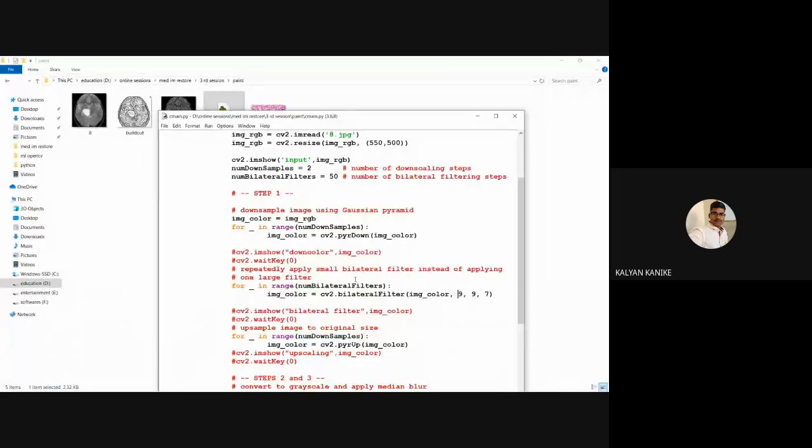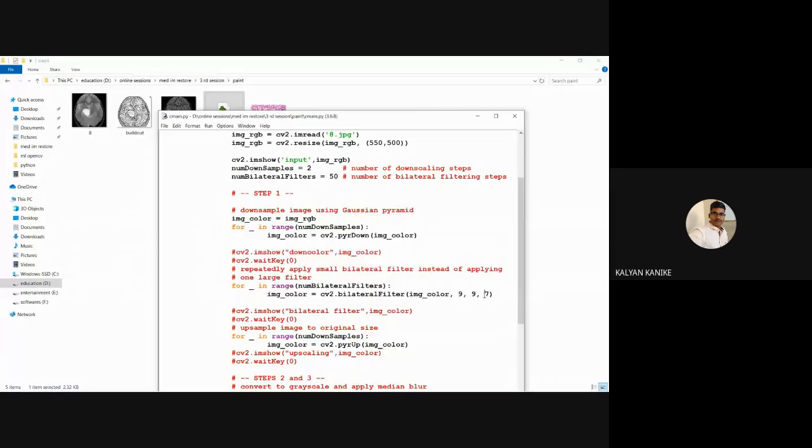In this bilateral filter, generally we go with 3x3 kernels, but here we are taking one large filtering process, that is 9x9 kernels. In this 550 width and 500 height array matrix, it is going to collect that 9x9 matrix information.